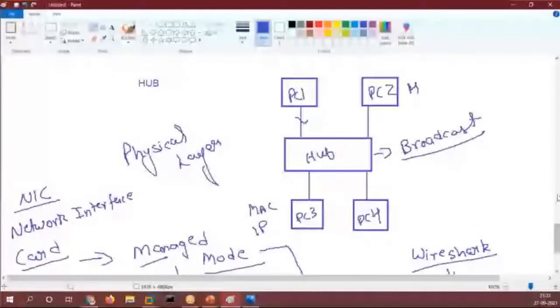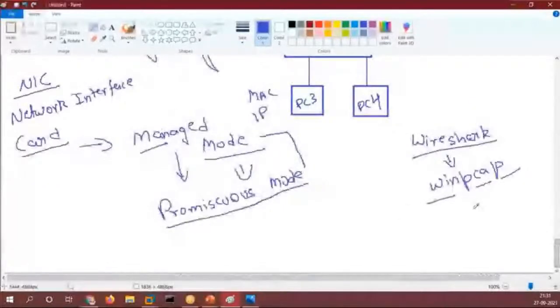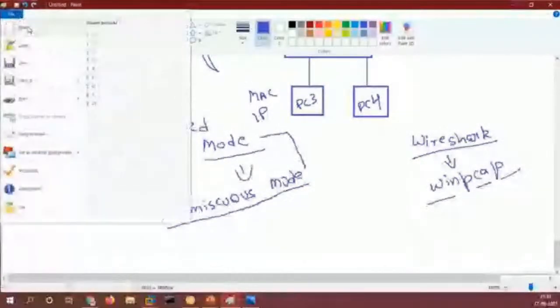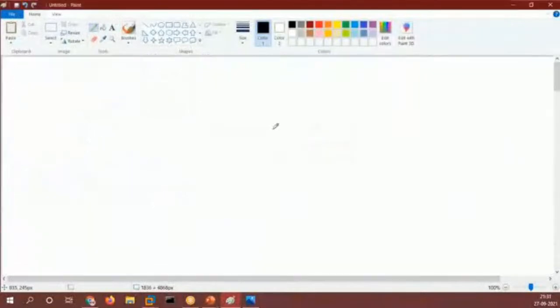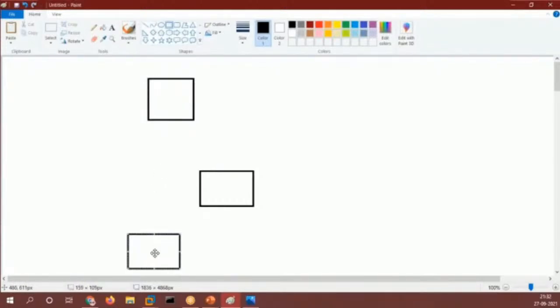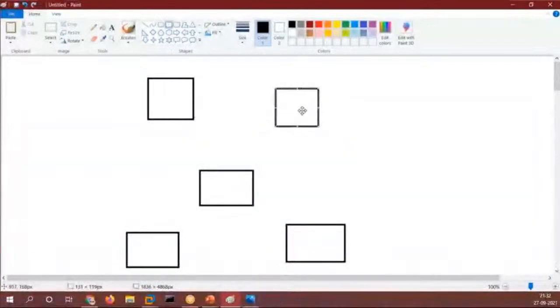Okay, let me tell you guys. Let's say there is a switch again, right? And the devices are connected to it. This is PC1, this is PC2, this is PC3, and this is PC4, right? Now these devices are connected to the switch.